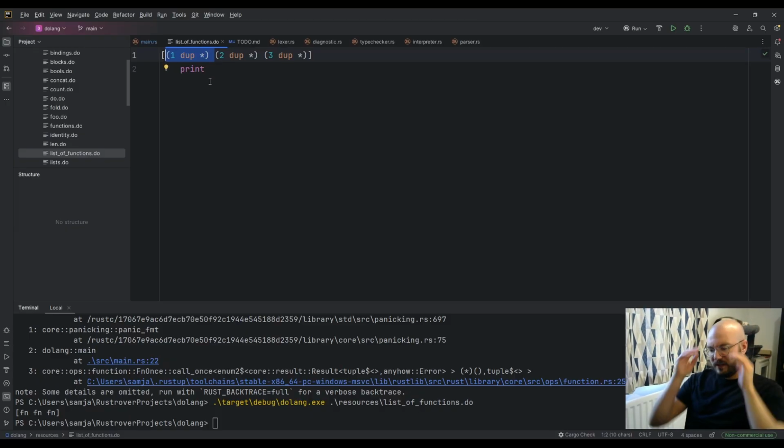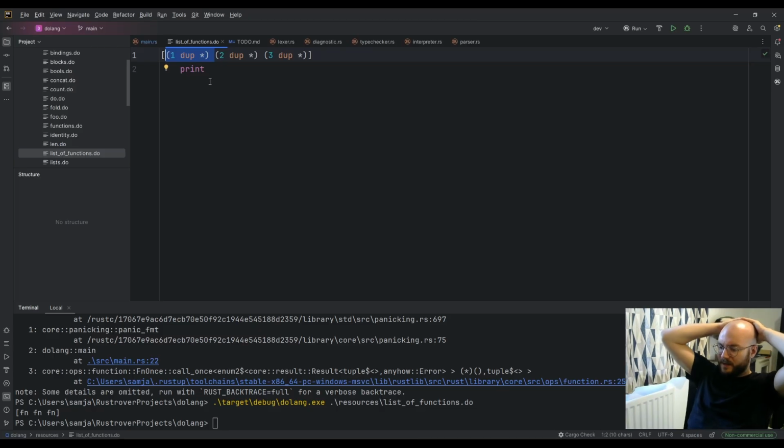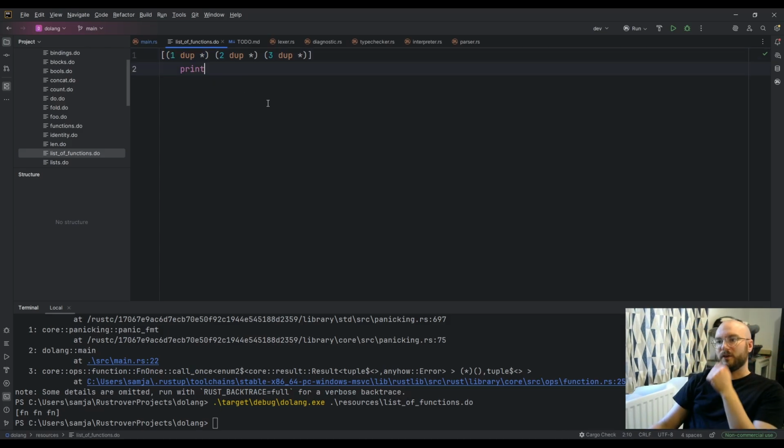I'm toying with the idea of an intrinsic similar to do, but I think it makes more sense to have special intrinsics for when a function takes in arguments. So what would be a good example?